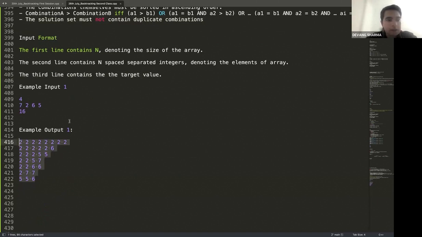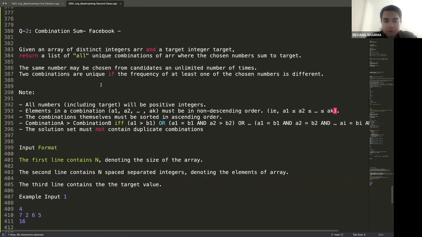Okay. Tell me honestly, how many of you understood the question? If you don't, just type no in the chat. Cool. 90% say no,